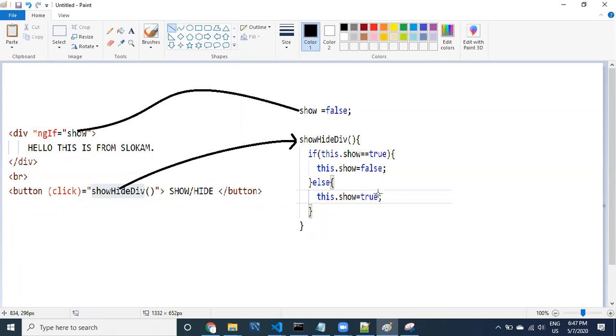Whenever this gets called, what's happening, guys? This property is changing accordingly. Whatever property is here, if it is true, in the true case, it is going to become false. We are setting false. In the false case, we are setting true. If it is true, we are setting false. If it is false, we are setting true. So that is what we are doing.